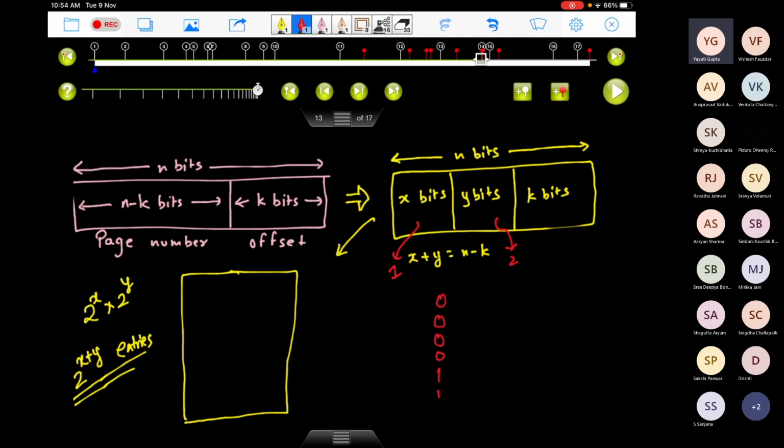Previously these were our 8 entries in the page table. So 2 to the power x into 2 to the power y in this case becomes 2 to the power 1 into 2 to the power 2.